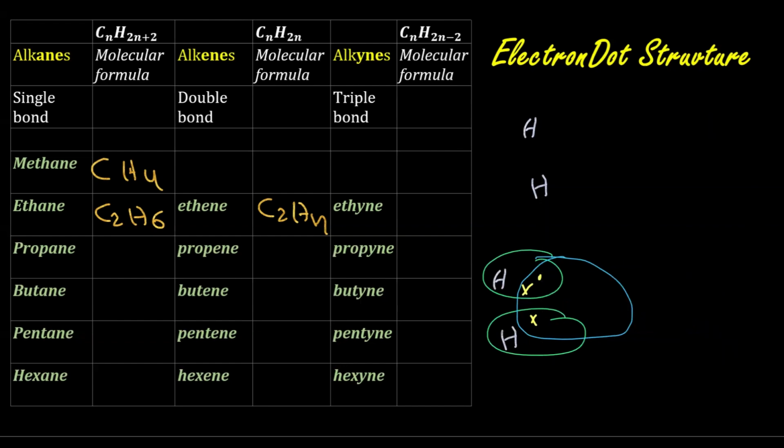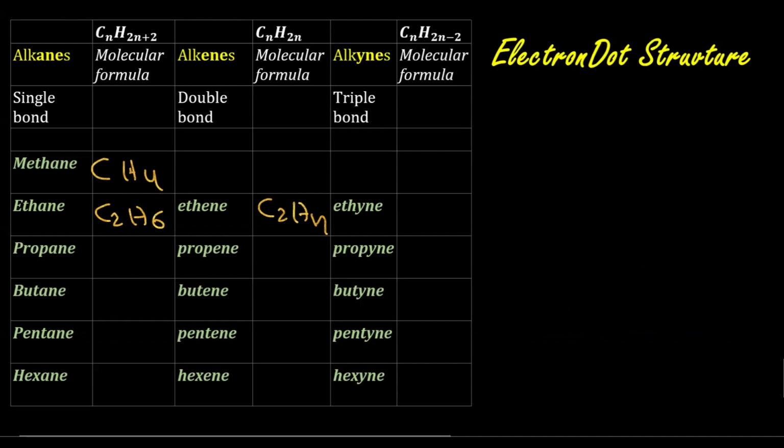If I go for the next one, I'll choose butene. So it's C4, placing n as 4 here, we get H8. Now first I will